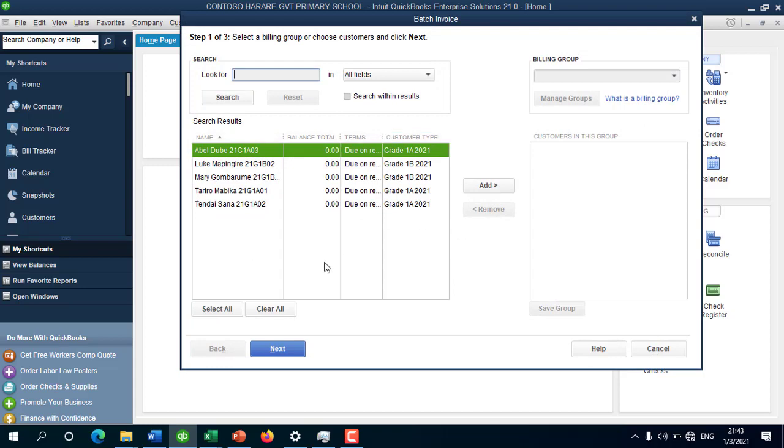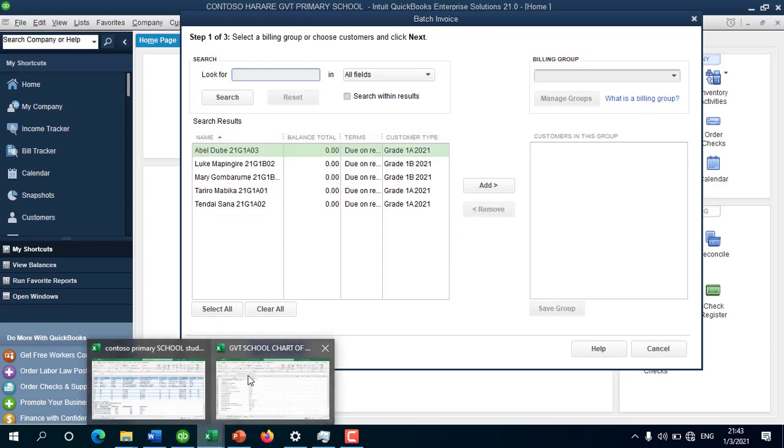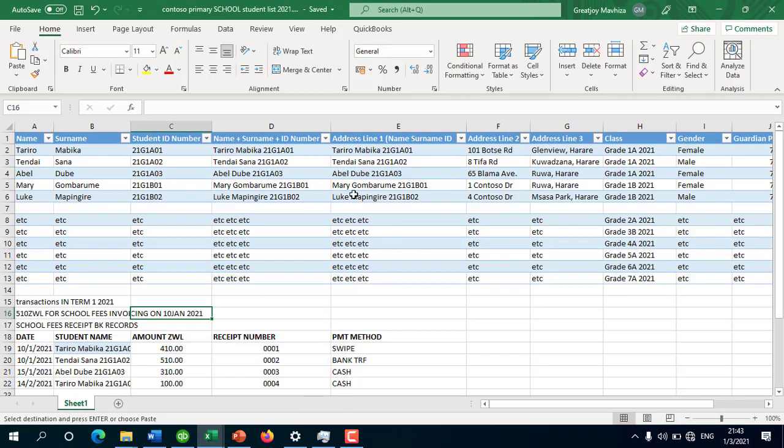Okay, in our case I want to do the batch invoicing as per class. Okay, I want to do the grade 1A's first, then the grade 1B's, so that if I do the grade 1A's, the invoice, I can print them and put them somewhere, then I can just go to grade 1A class and hand out the invoices. Sort of like chronological order. Should be easy to make sure that everyone gets a copy of the invoice. Okay,